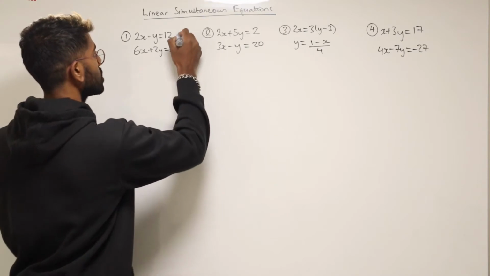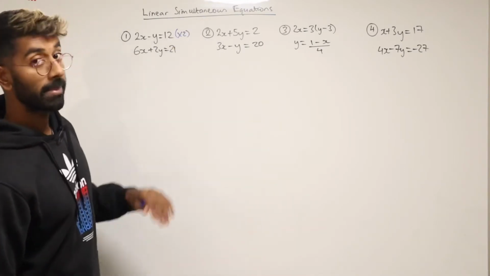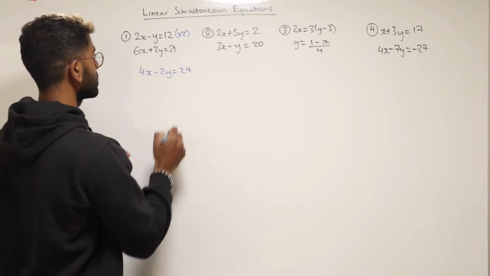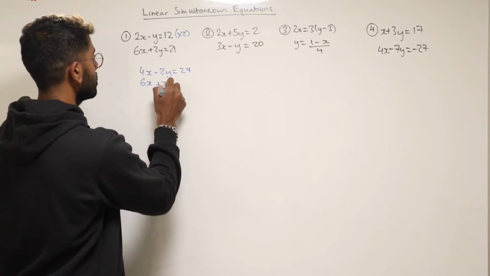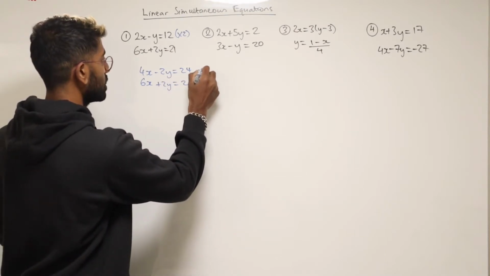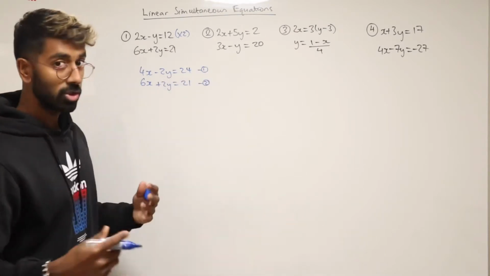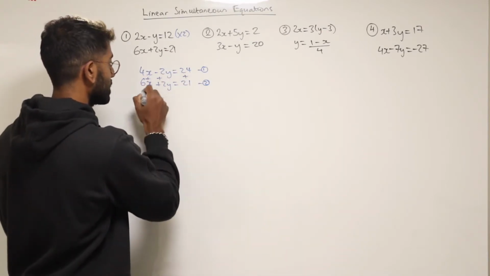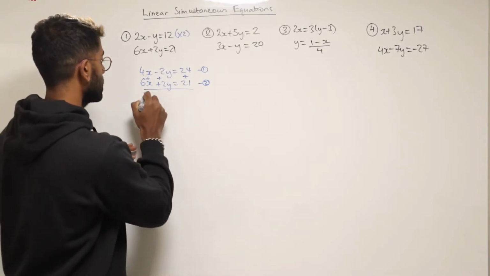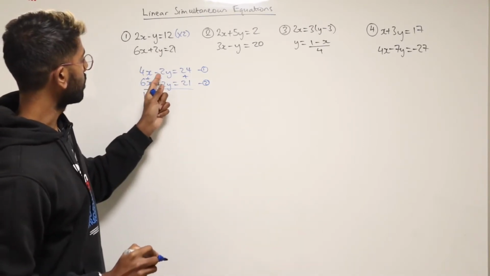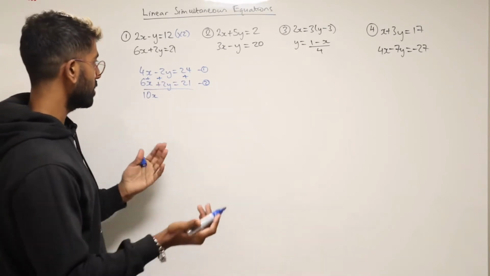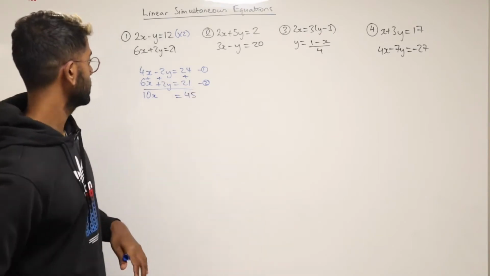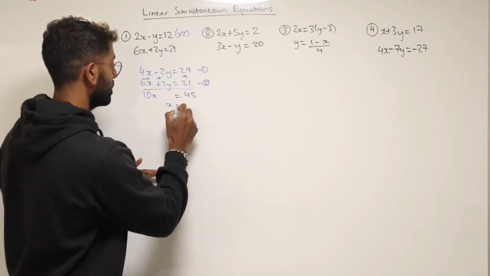So to do that, I'm going to multiply the whole of the top equation there by 2. So I'll have 4x minus 2y is equal to 24, and then 6x plus 2y equals 21. I'm just going to call that equation number 1 and 2, and what I'm going to do now is add them together. So 4x plus 6x, that's 10x's in total. Then we've got minus 2y plus 2y, which is nothing. And then we've got 24 plus 21, that's going to give me 45. And so if 10x is 45, x is then going to equal